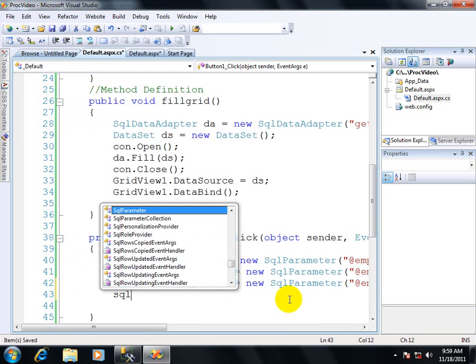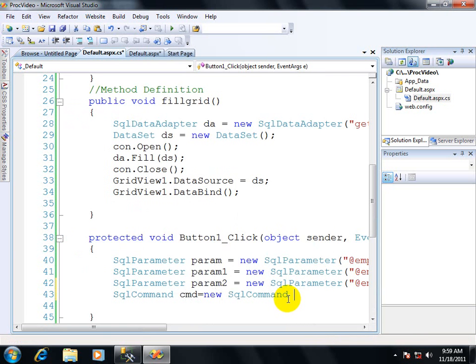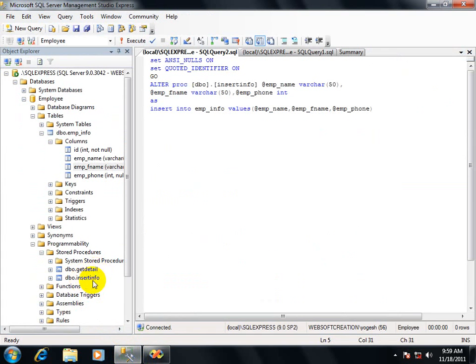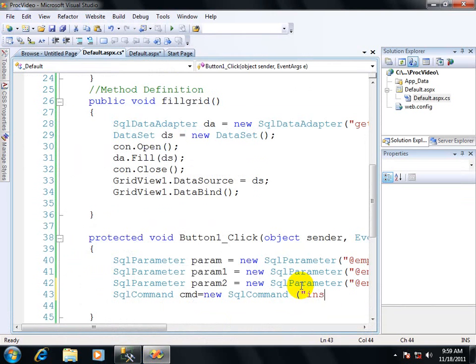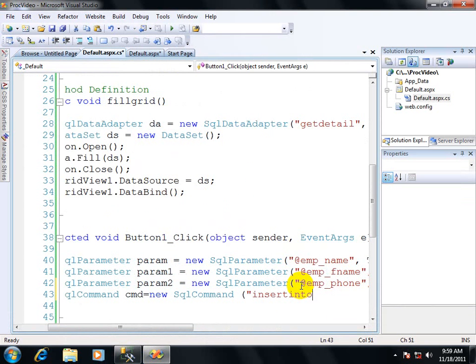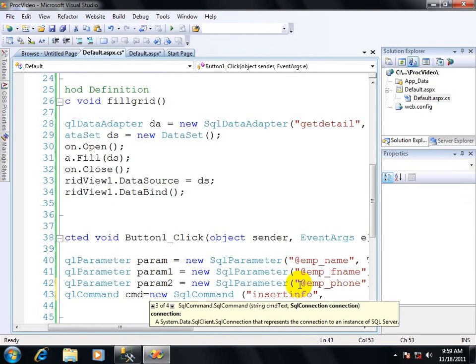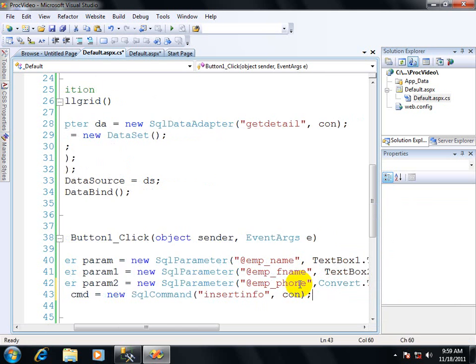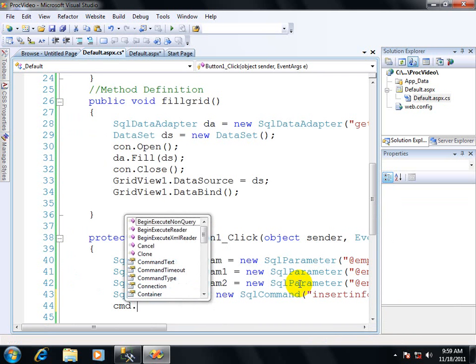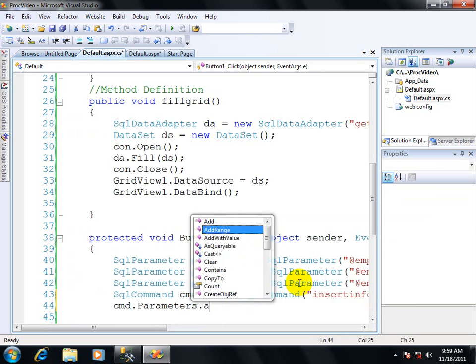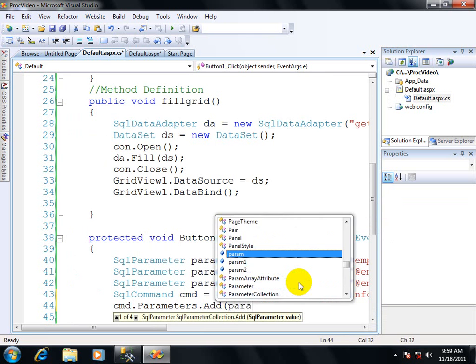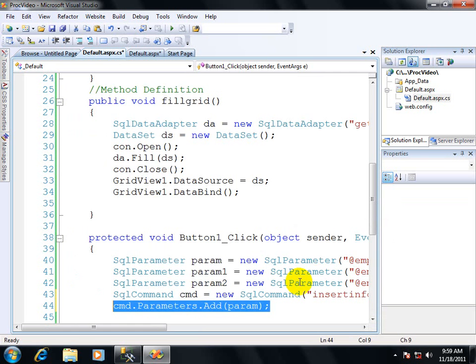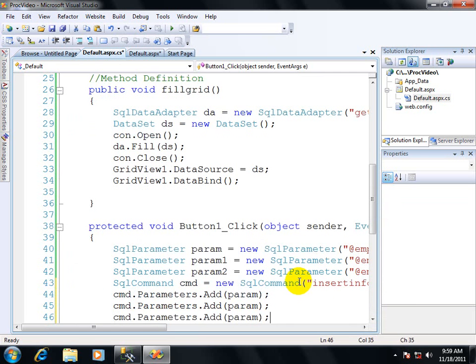Now I will take SqlCommand, and I will put my procedure name, which is insert info. This is my procedure name, and this is my connection. So you have to pass your parameters here by using cmd.Parameters.Add(param). I will repeat these lines again and again, like param1, param2.